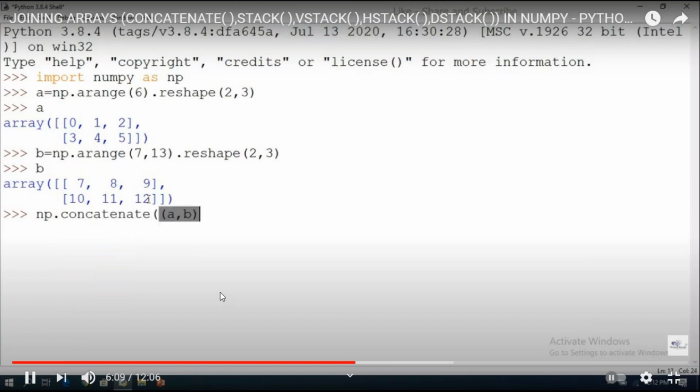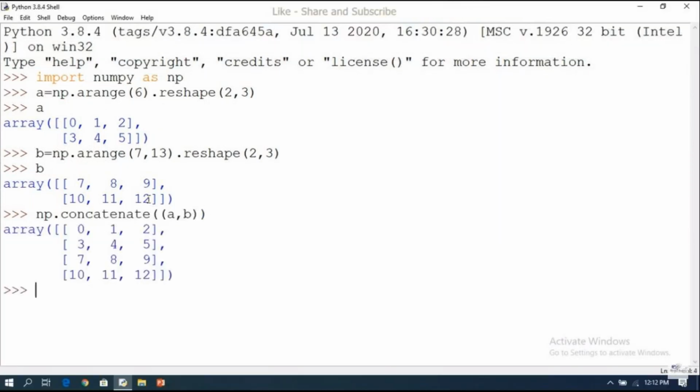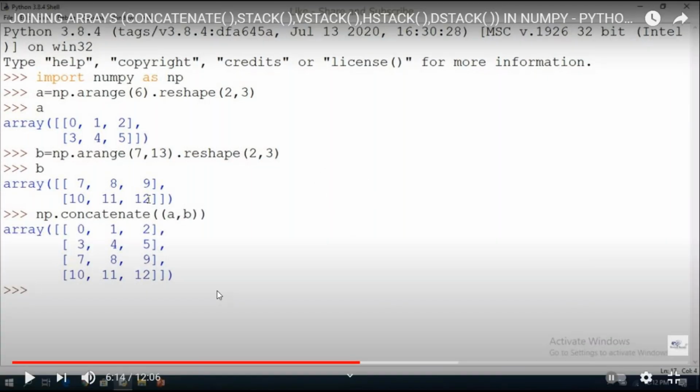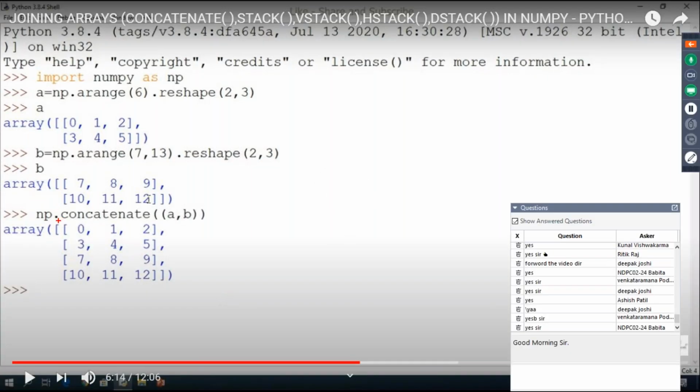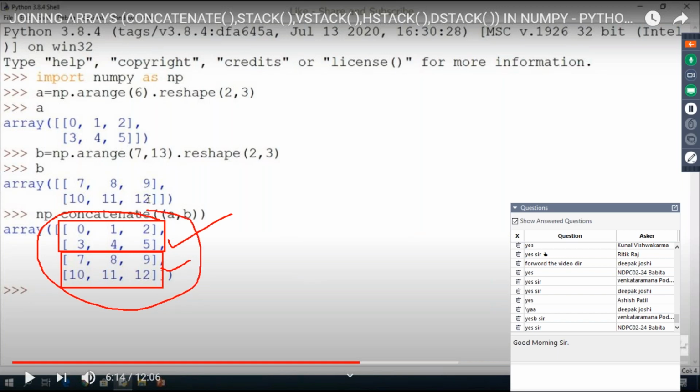Concatenation is very easy. And here we can have a single parameter, so you can observe 0, 1, 2, 3, 4, 5. Have you observed, right? This is the first array's rows, and then the second array's rows. The total thing will become a 2D array only, but not a 3D array. If it is a stack, we are going to get a 3D array.